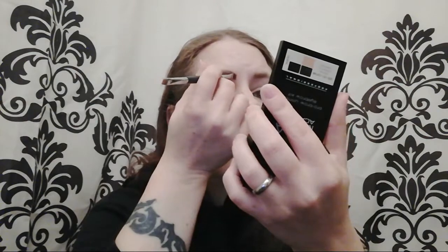Now, I love using eyebrow powder. I'm not very experienced with using an eyebrow gel. Well, I've not used an eyebrow gel before. And an eyebrow pencil, I'm just about learning how to use an eyebrow pencil. So for the purposes of this video, I will stick to the eyebrow powder. It's the safest. So I'm just going to